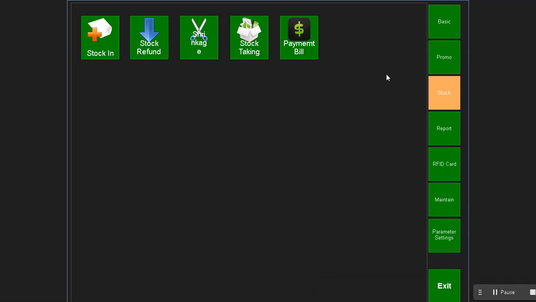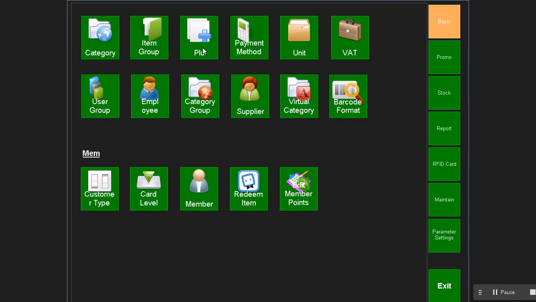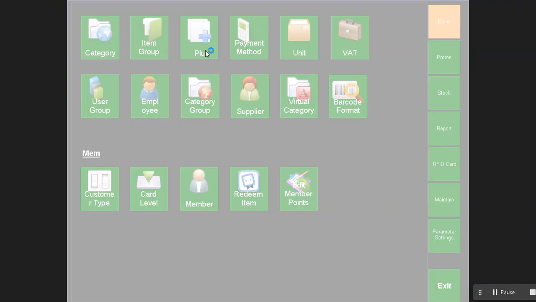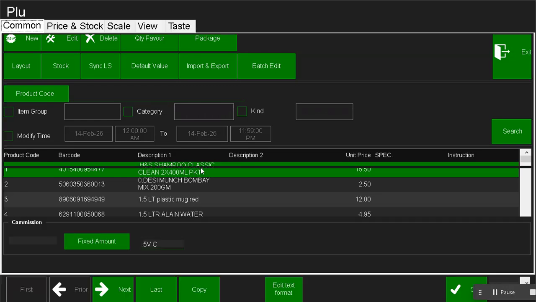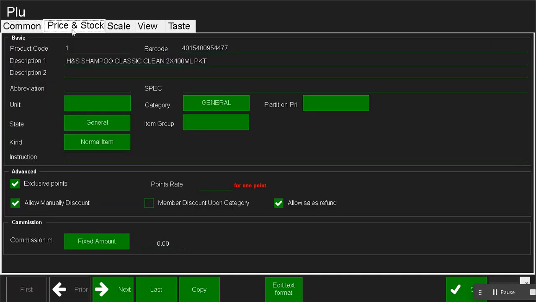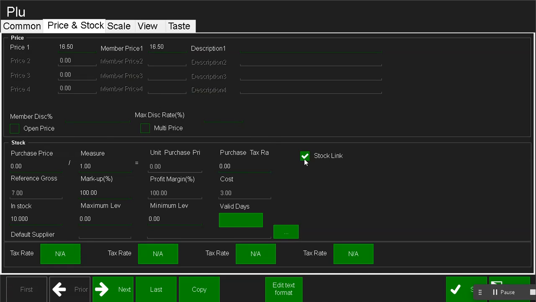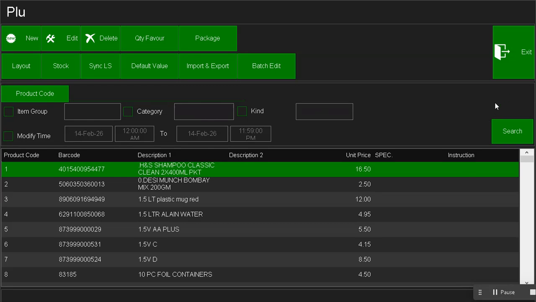Before that, in basics, in PLU, if you have some items, this must be set. In PLU, let me show you. When I double click this, price and stock, this option is mandatory. If this is checked, then in purchasing this item will be visible. If not, then this item will be disabled, it's not showing there. So you must check this option. Then